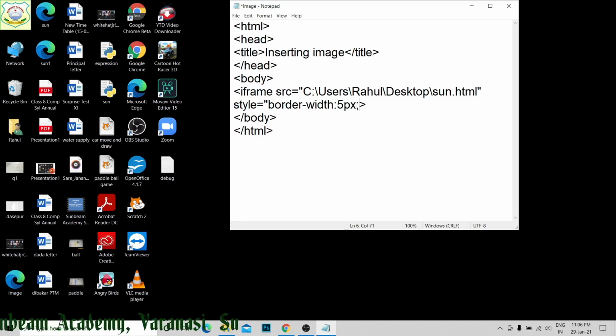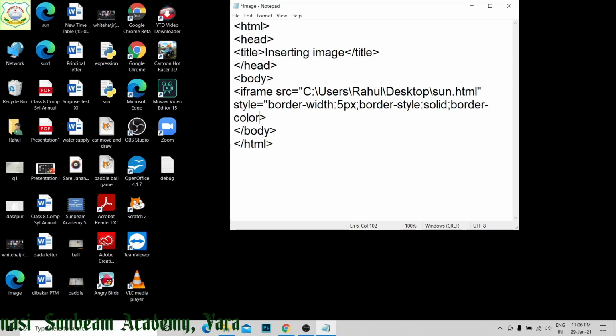Then I am going to take border style equal to solid, right? Its style is solid, and if you want to give color, then you will write border color, which I told you earlier.